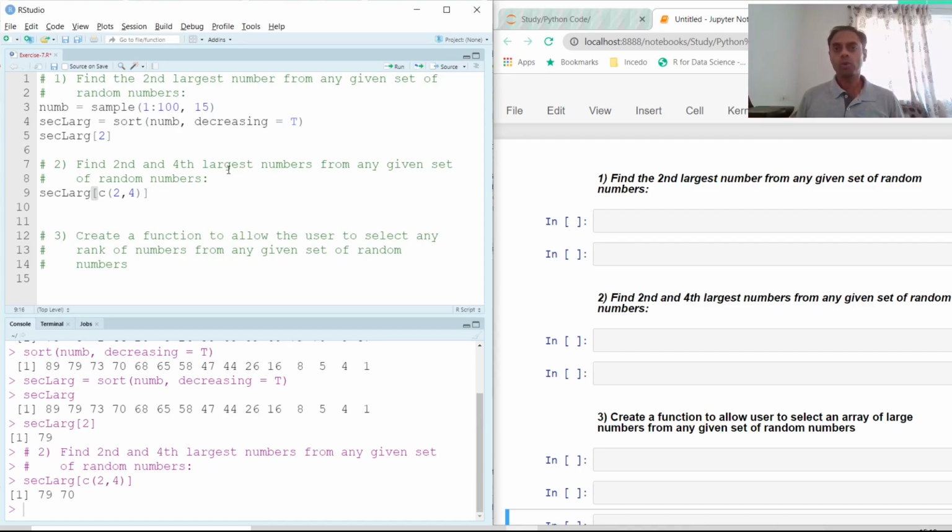Like you might want to know what is the largest number. I might want to know what is the second largest number. Somebody else might want to know what is the largest number and the fifth largest number. Somebody else might want to know what is the smallest number and the second smallest number. So the number of numbers that people want to extract from this could be different depending upon user to user.